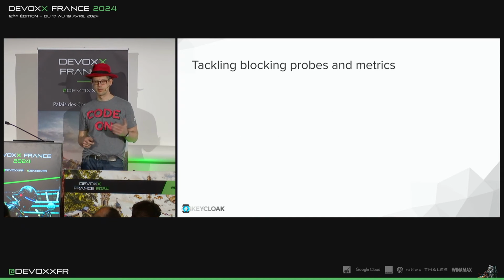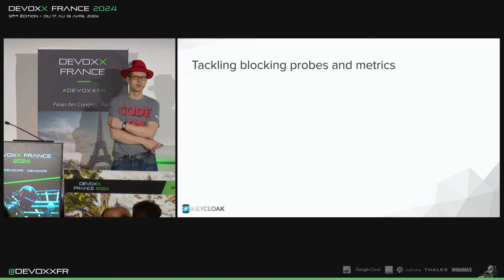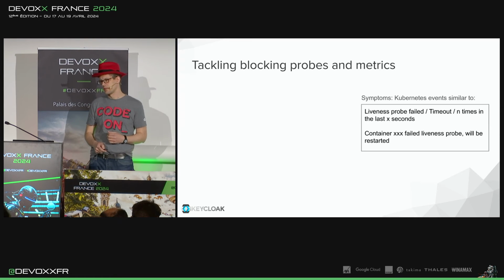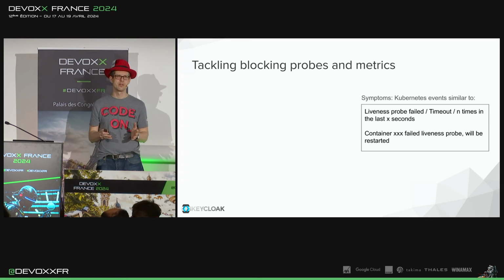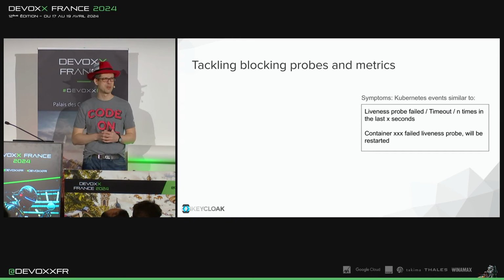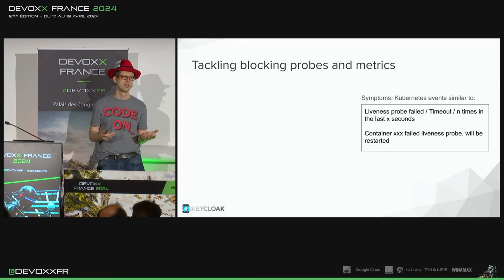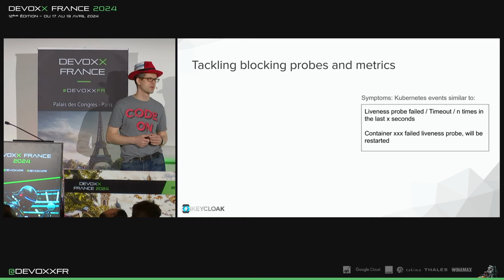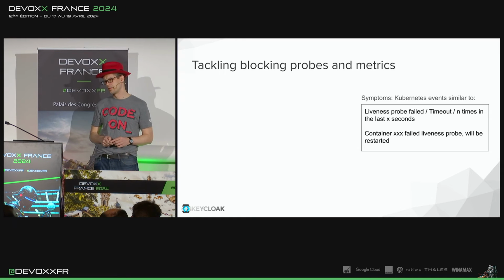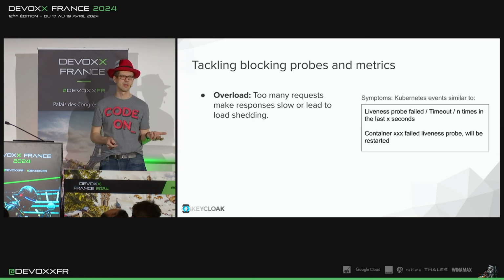We also found, well, as Ryan said earlier, we're running on Kubernetes a lot. We suffered from blocking probes and blocking metrics. So the thing is, you put your system under a lot of stress, and then you see some scary events in your Kubernetes event log telling us liveness probe failed so many times, and eventually the container failed liveness probe and will be restarted, right? And restarting pods under a high load is a bad thing. So let's do something against it. Again, we have too many requests coming in. We already have our load shedding in place.